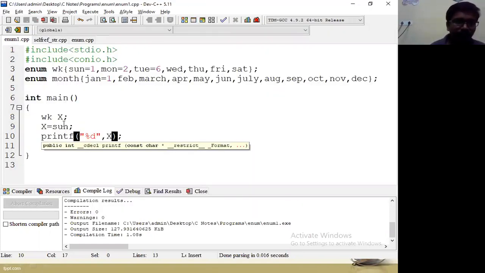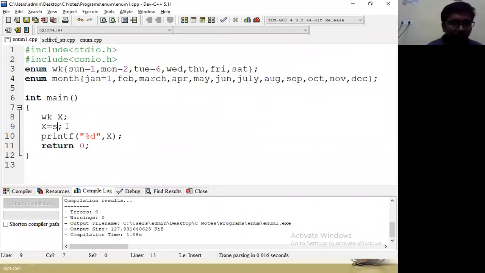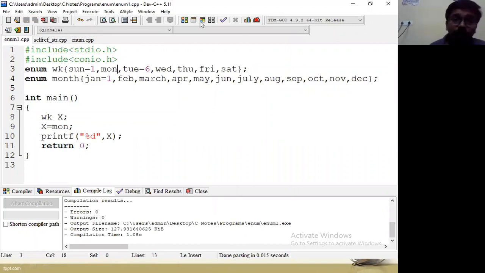Next, what will be the output of Monday? That must be 2. Then we assigned Tuesday as 6, so when we print Tuesday, it is displayed as 6.